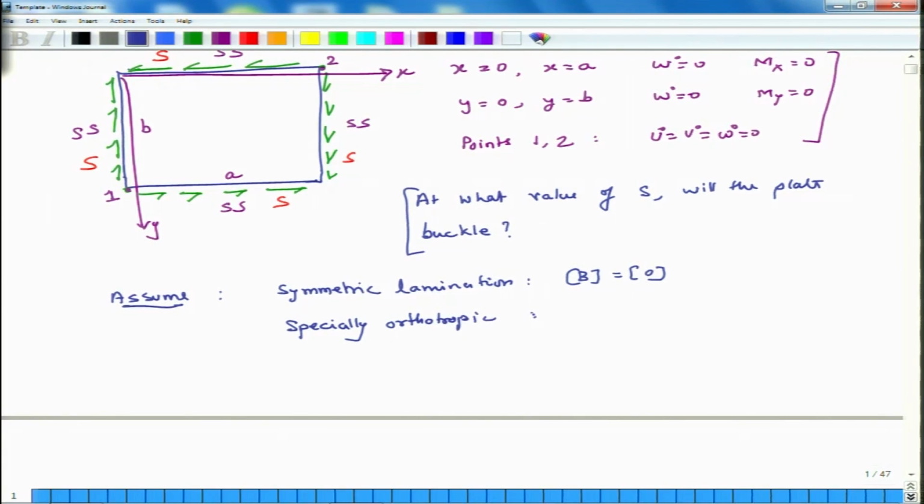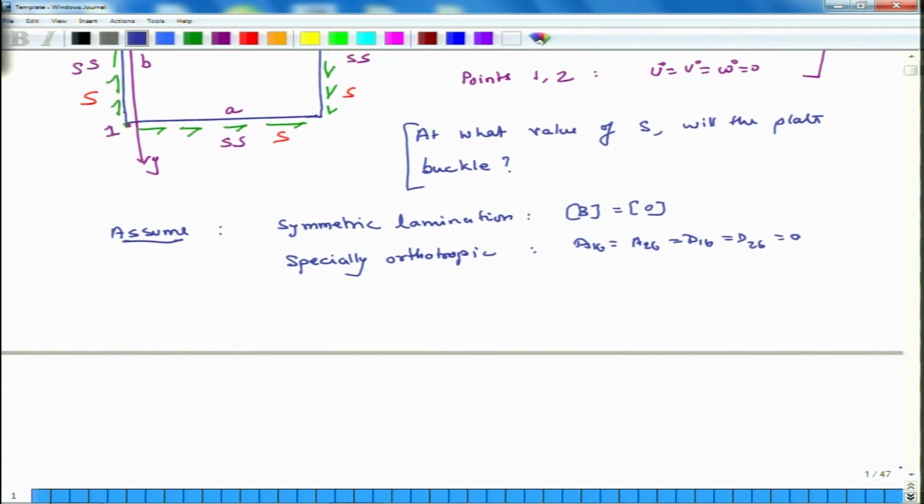And if that is the case, then I can say that A16 is equal to A26 is equal to D16 is equal to D26, and this is all 0. So, because of these reasons, because of symmetry, the out of plane equilibrium equation and the in plane equilibrium equations, they are decoupled. So, because B is 0,